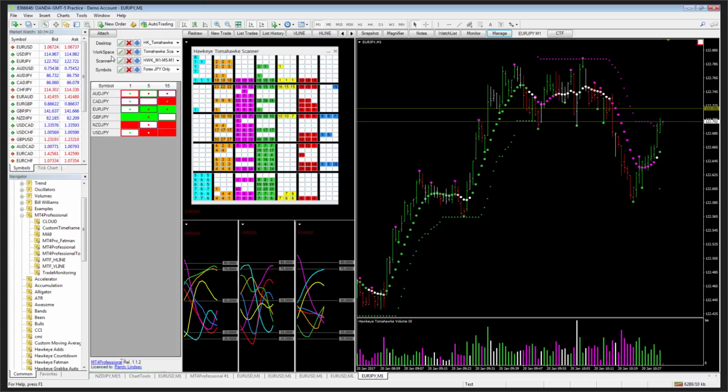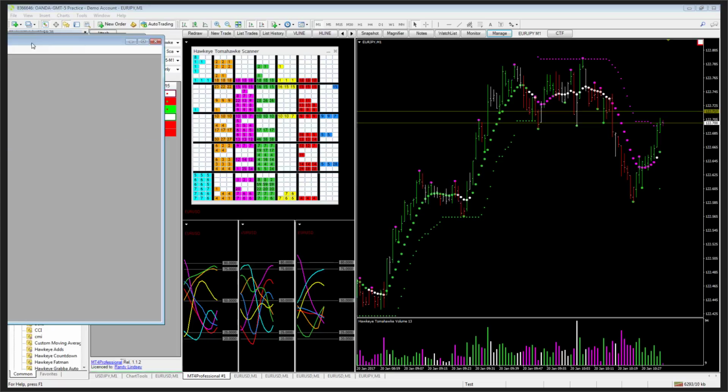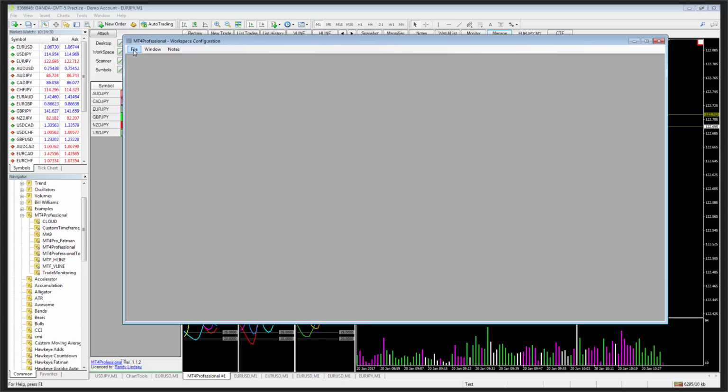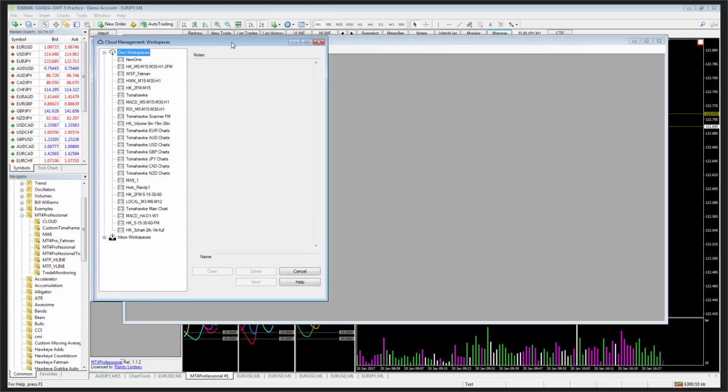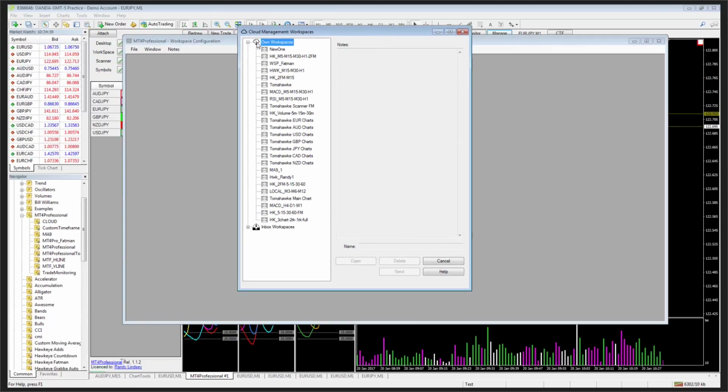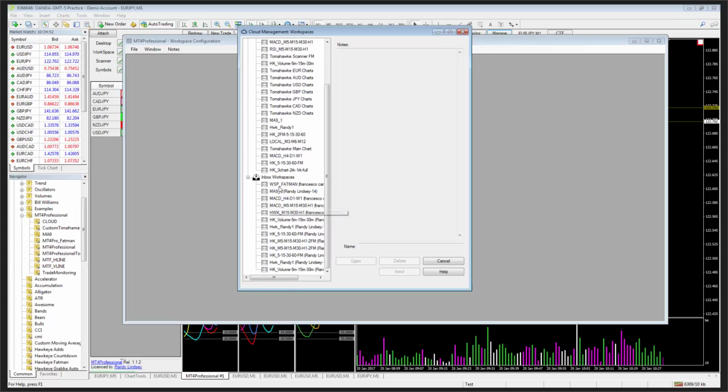If I sent you a workspace, then you click on the plus sign. Under File, you select Open Workspace. You will come up with this window. Within this window, you'll have all of the existing workspaces that you currently have in the cloud. You'll also have a window down here that's called Inbox, with all the workspaces that are sitting right now in your inbox. If I click on that, then you'll see that there are a whole lot of